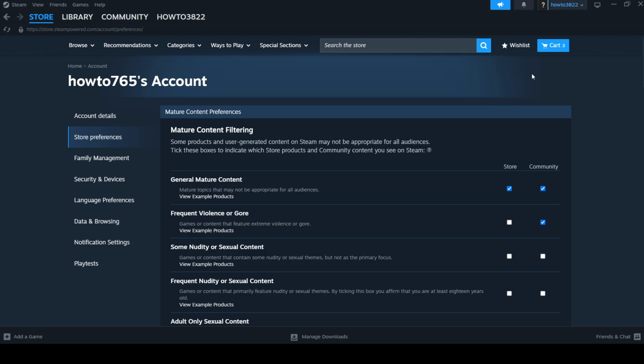If your preferences ever change in the future, you can return to the same page at any time and update the settings again. And that's all there is to it. By customizing your mature content settings, you've made your Steam experience more personalized and better suited to your preferences. It's a simple adjustment that can make browsing the Steam store more comfortable and